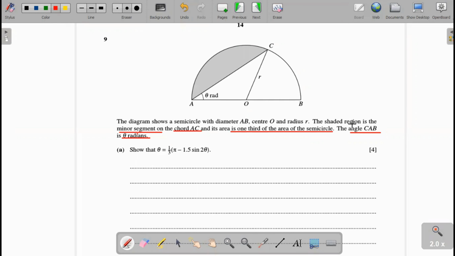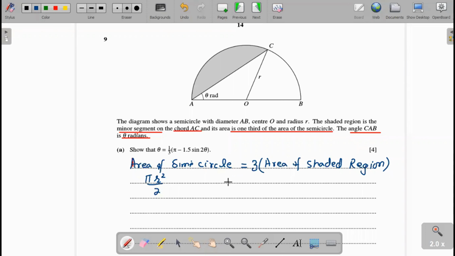Here the condition is given: the shaded region of the minor segment is one-third of the area of the semicircle. Now we can write it as the area of the semicircle and the area of the shaded region, and the area of the shaded region is one-third of the area of the semicircle. Therefore, to equalize this, we multiply the area of the shaded region by 3. Now we know the formula for the area of a semicircle is pi r square over 2. Now the area of the shaded region will be equal to the area of sector AOC